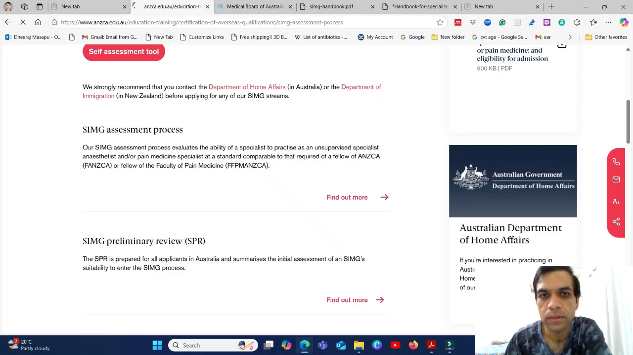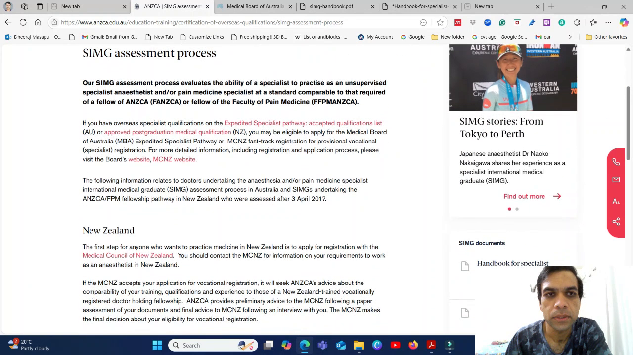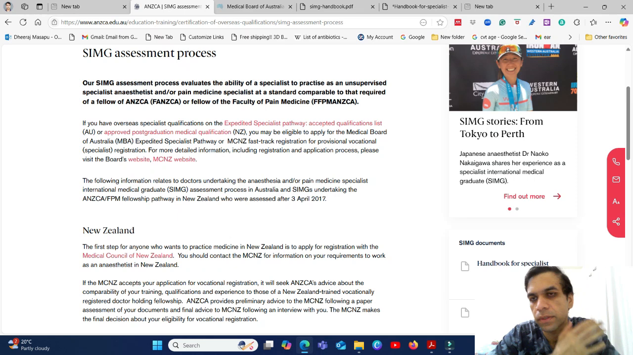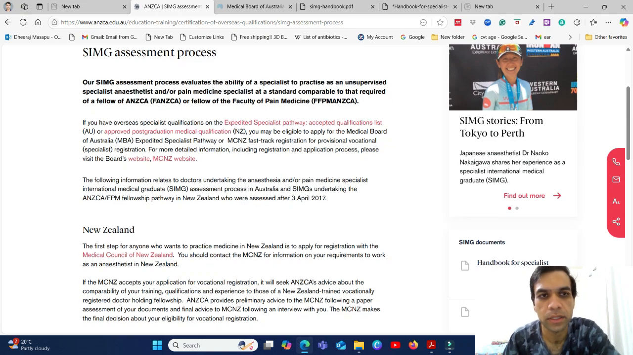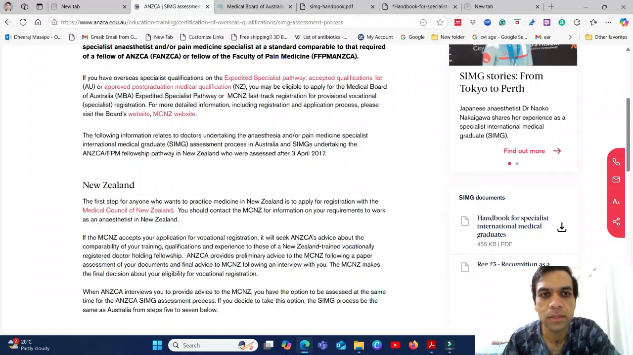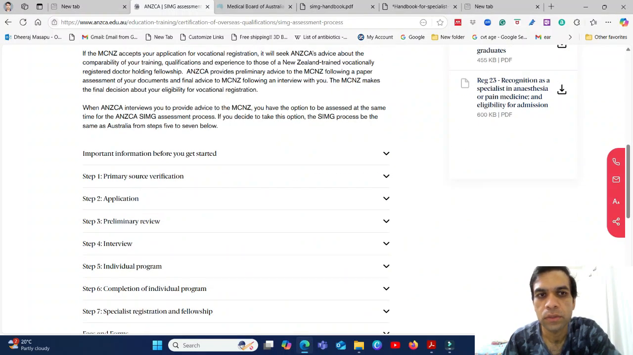So in the assessment process, if you are trained in Australia, or in countries like the UK, America, Canada and Ireland, you have a special pathway called the expedited specialist pathway. But unfortunately, Indians are not eligible for that. We have to go through a SIMG total assessment. So for that, these are the steps, and the first important thing is